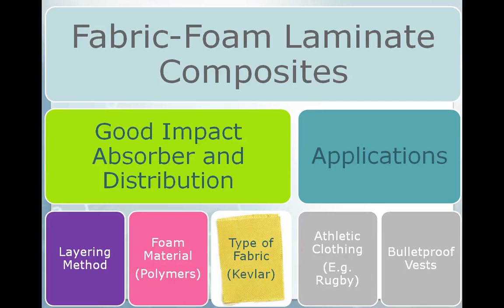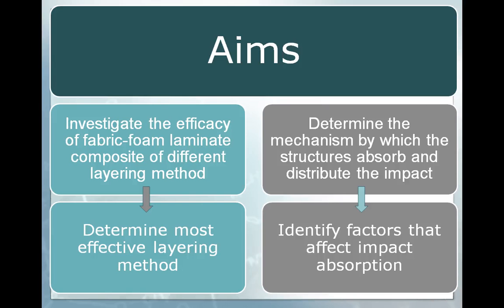We have identified two variable factors that can potentially affect the impact absorption property of a composite. One is the layering method and the other is foam material. For our experiments, we have chosen Kevlar as fabric type for all of the composites because of its inherent textile strength. In this project, we aim to investigate the efficacy of fabric foam laminate composites and determine the mechanism behind